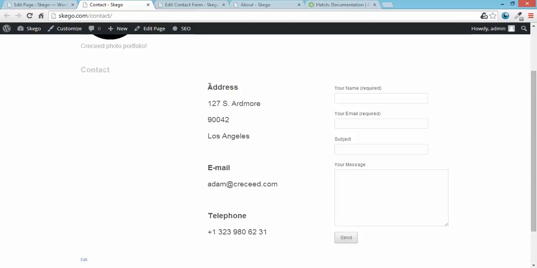Here you have the address, here you have the email, here you have the telephone, and here you have a form that you can fill in. So now people who actually need to contact you, they're gonna get married and they want a photographer, so now they can hire you and they can write their name here, like